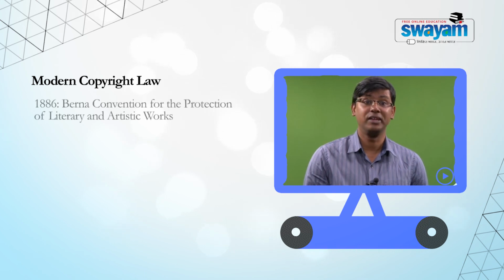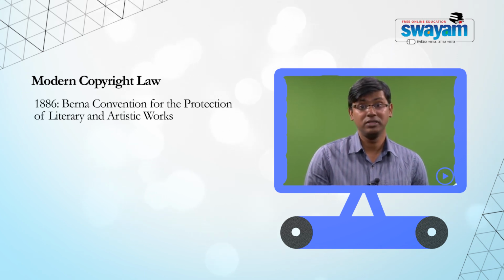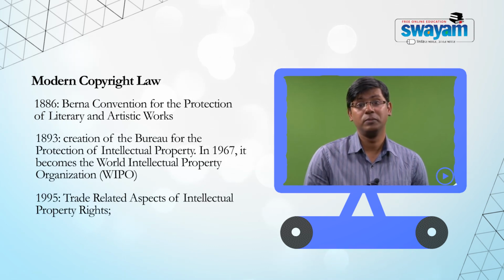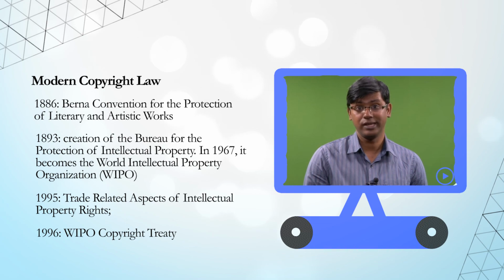Then you had in 1886 the Berne Convention, which allowed for protection of literary and artistic works. Subsequently, you had the TRIPS negotiations, and you had trade-related aspects of intellectual property rights. You also had the WIPO Copyright Treaty in 1996. With that, we end the discussion on the origins of copyright law. Now,